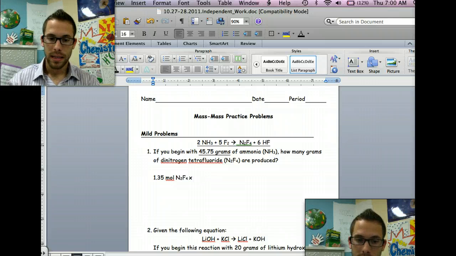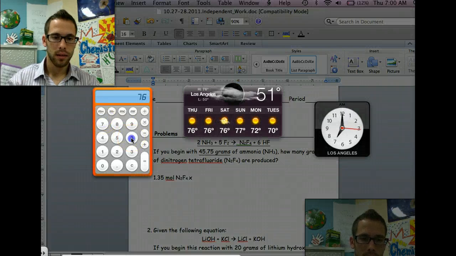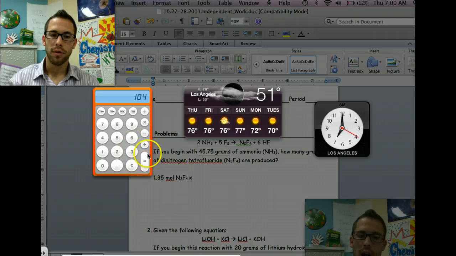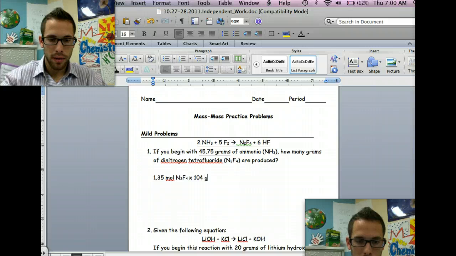So it should be 19, and 19 times 4 is a little less than 80. It's about 76. So 76 plus 28 is how much? Let's find out. 76 plus 28 equals 104. Great. 104 grams of N2F4